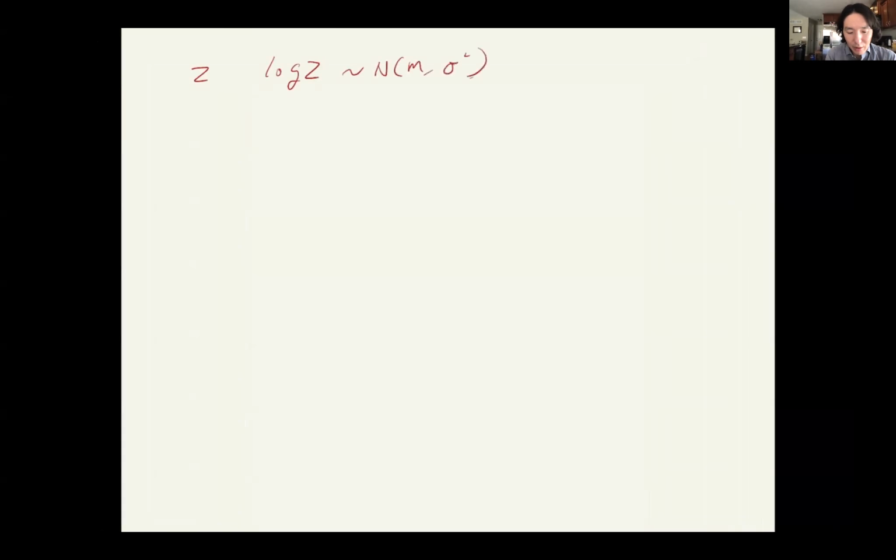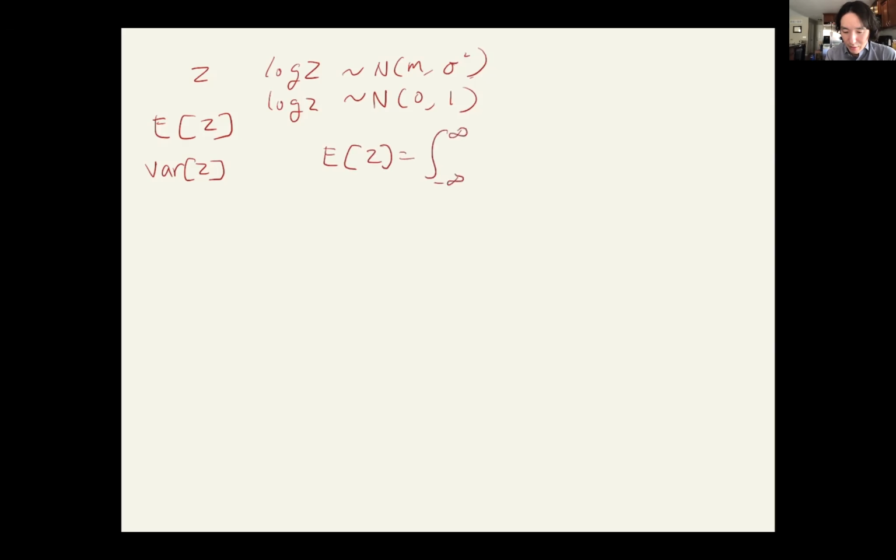Then we can calculate the expected value of Z and also the variance of Z as well. Now, to make it easier, suppose it's a standard normal random variable. For this case, E of Z is...